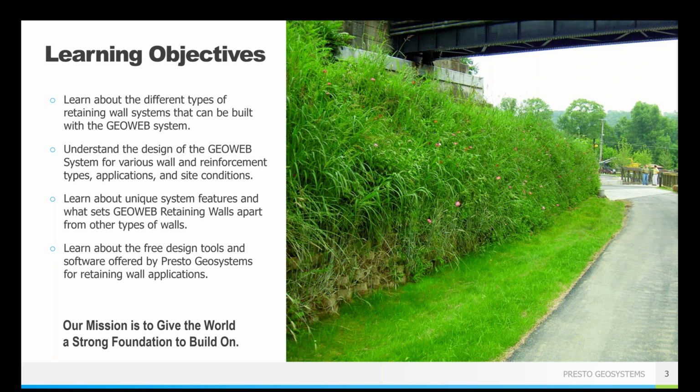We are going to cover the causes for that type of superficial erosion, how they can contribute to failure, how the GeoWeb 3D geocellular system can work to protect against those types of erosive forces, and how to apply the system in different types of conditions. And then in steeper areas, we are going to look at the different types of retaining wall systems that we offer, their attributes, their features, all that kind of good stuff.